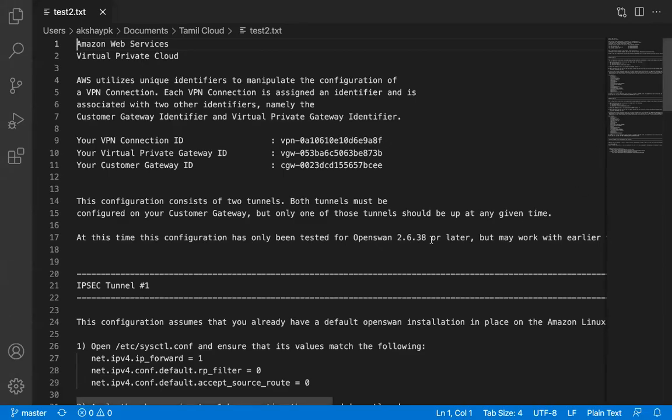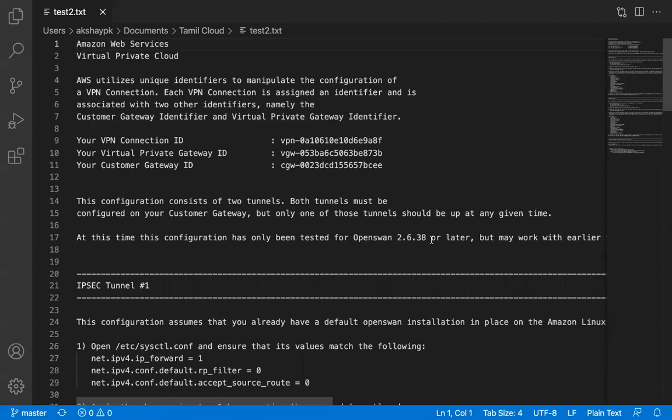Hey everyone, welcome back to the last video about AWS site-to-site VPN connection. In the previous video, I walked you through the AWS VPC dashboard on how to create your customer gateway, virtual private gateway, and a site-to-site VPN connection. Once you have done that, all you have to do is choose your respective device and download the configuration from the AWS side, and give it to your customer who has your customer gateway on the on-premise network, for them to configure your customer gateway device according to AWS's network.